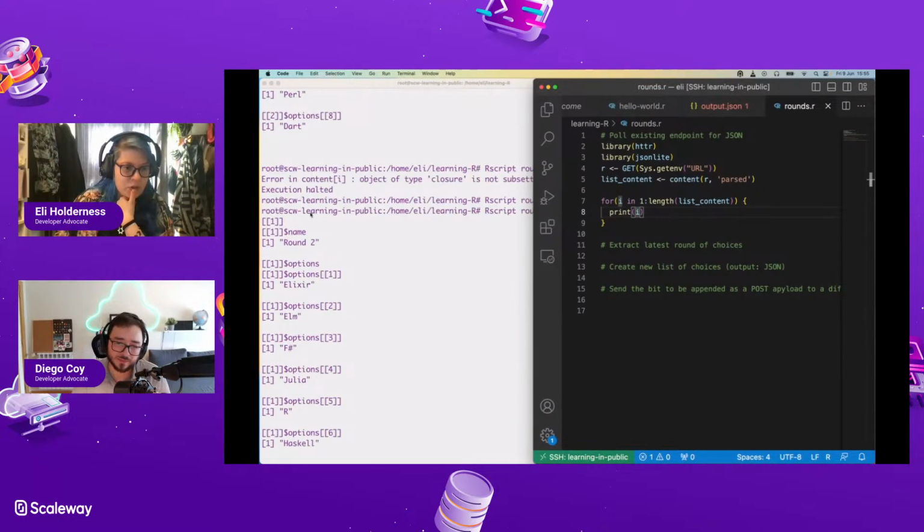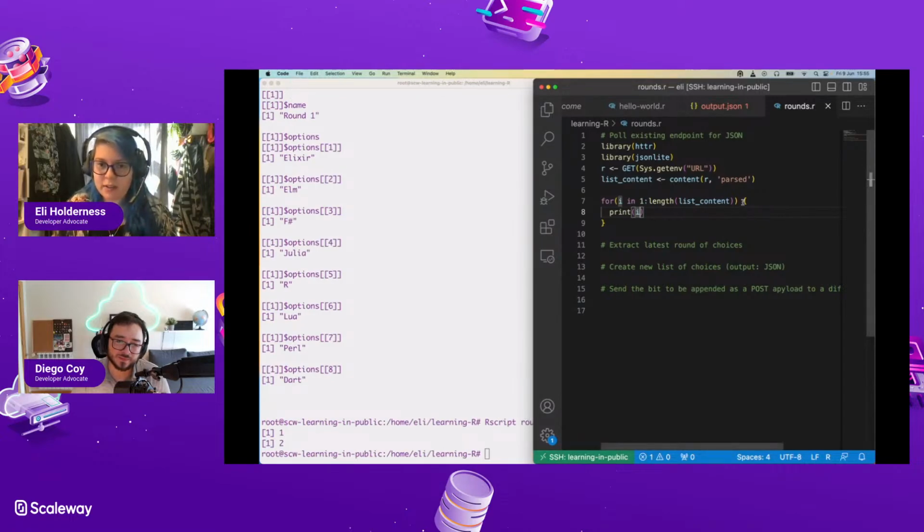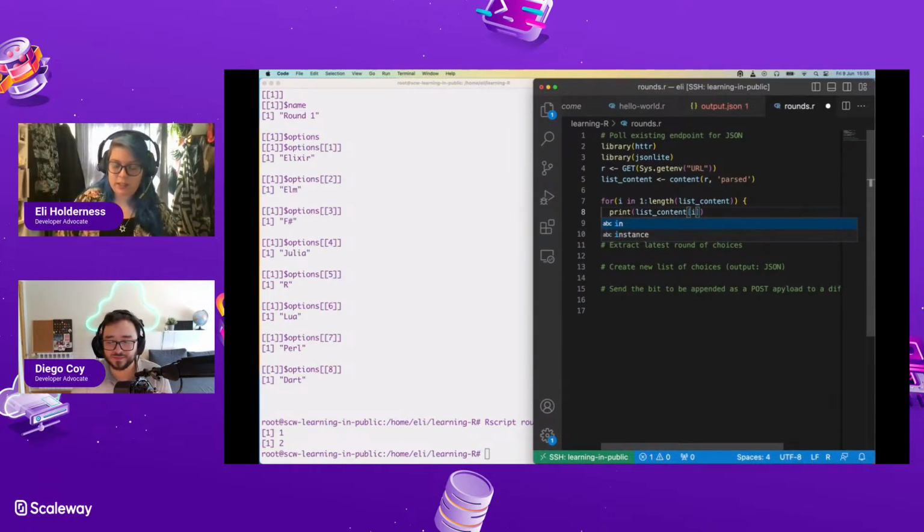Yeah. Okay. So if I print the link for the list content. So if I print out list content I, but all I want to do here, I don't know how I can comment this out, so I'm just going to literally do this.